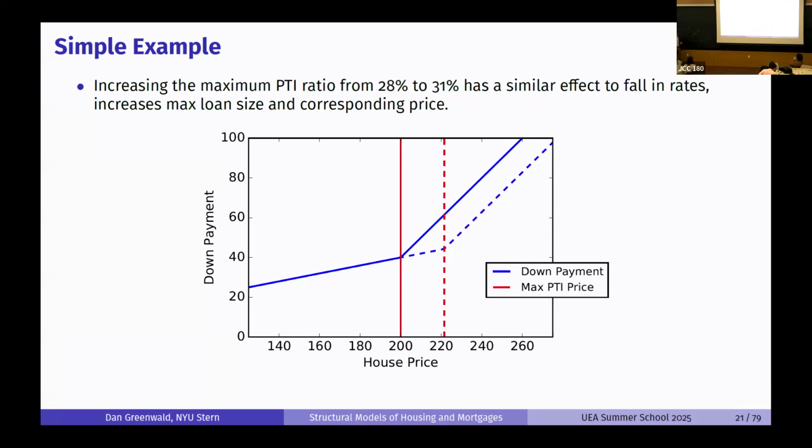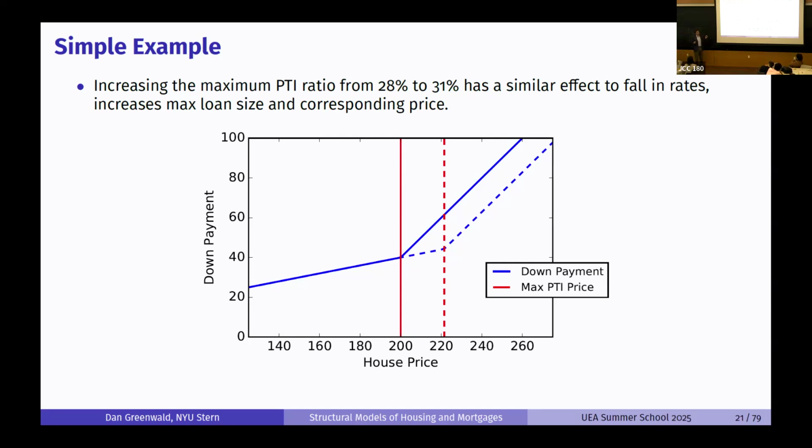Okay, so reducing the rate is an endogenous way that you can relax payments income limits, but you can also just relax them directly. Maybe the lender just decides that they're willing to give you a higher payments income ratio. We'll see this will be important later. This has the exact same effect as a drop in rates, right? It relaxes this limit, it pushes this kink point to the right and increases housing demand. So that's why relaxing these payments income limits, either endogenously by cutting rates or just by changing credit standards,